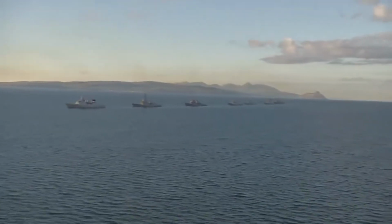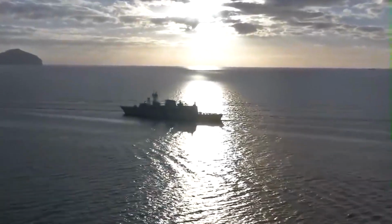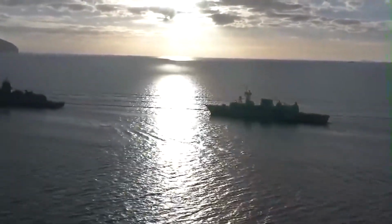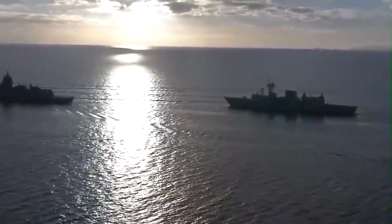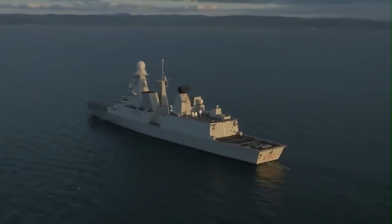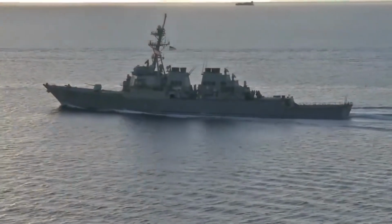Formidable, swift, and heavily armed. These are the resounding attributes that define one of the most potent warships at the forefront of the U.S. Navy's cutting-edge defense fleet, the destroyers. While as much as they appear imposing from the outside, these ships are intricately designed, making life aboard them a